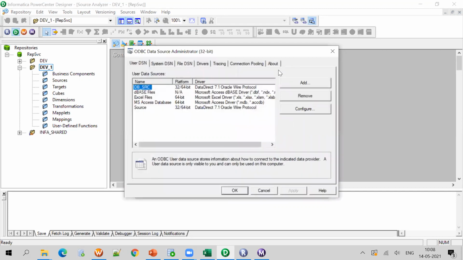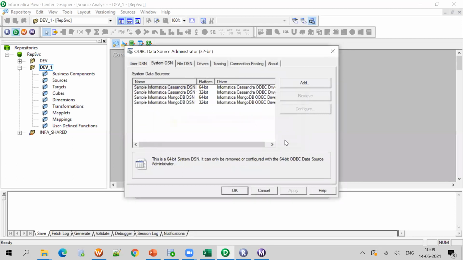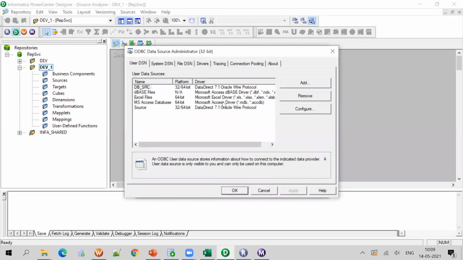If you click here, User DSN, System DSN, here in User DSN we can create the ODBC connections. This is the ODBC Data Source Administrator, right? So we need to create an ODBC connection here.